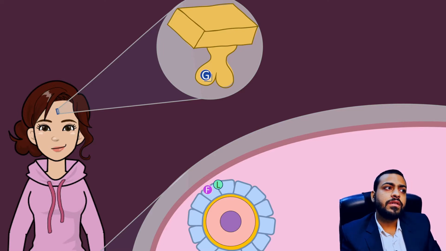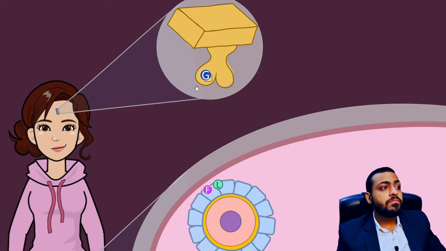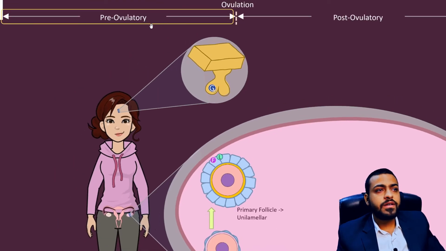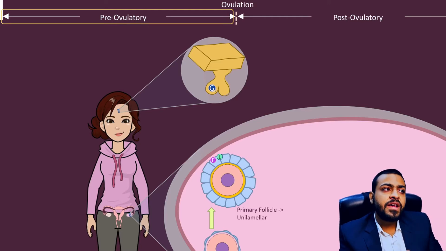autonomic nervous system, right? So here something important to mention is that this follicular phase, this pre-ovulatory or follicular phase, is orchestrated by FSH and LH, and because FSH and LH are released on the orders of the hypothalamus, and orders come in the form of GnRH, that is why this part, this phase of